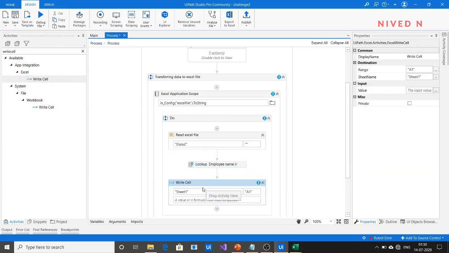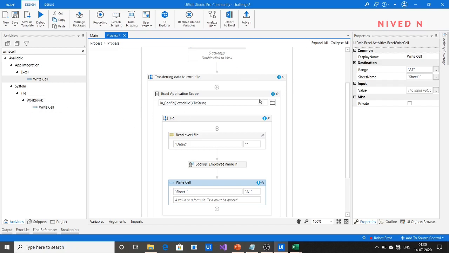You can see that you don't need to specify the file path. The reason is that you are using this write cell activity under Excel. But if you use the write cell activity under workbook, you have to specify the Excel file path every time you enter it, which becomes much more difficult.